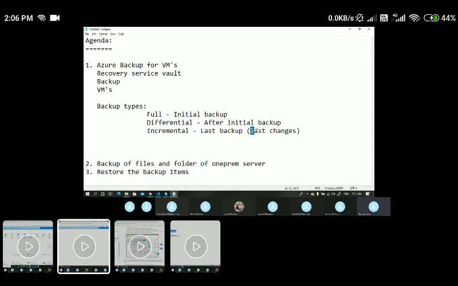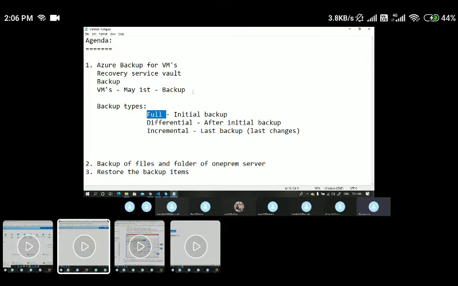Let's say you created this VM on May 1st. I'm just giving an example, and you scheduled a backup on the same day. When you schedule a backup for the first time, whatever backup is taken on May 1st is called a full backup, because we are taking a backup of your entire VM.